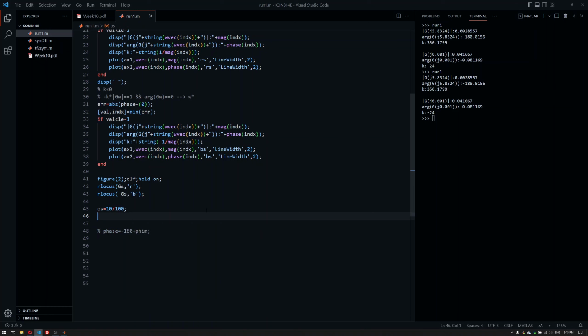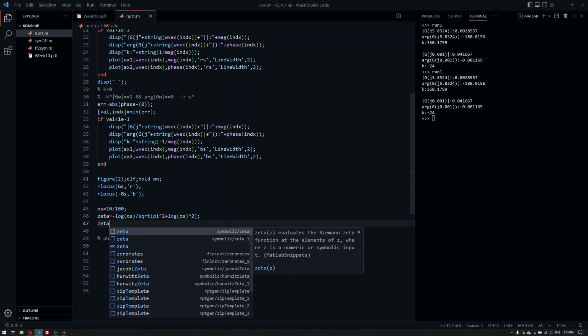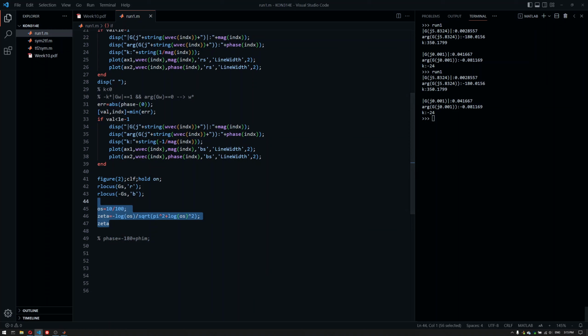So zeta equals, as usual, minus log overshoot divided by the square root of pi squared plus log overshoot squared. So this is zeta, 59.12. So now there's a relation between phi m,